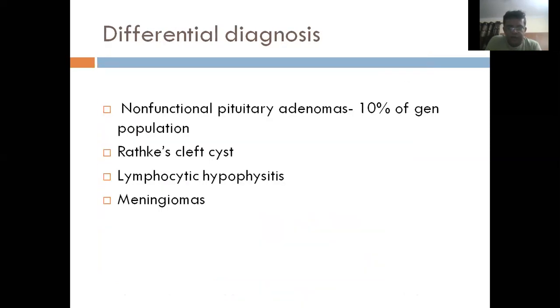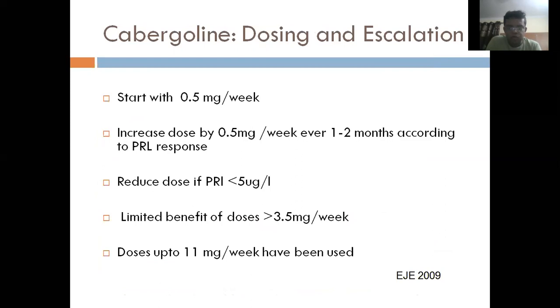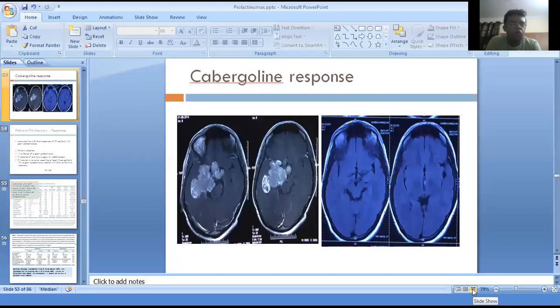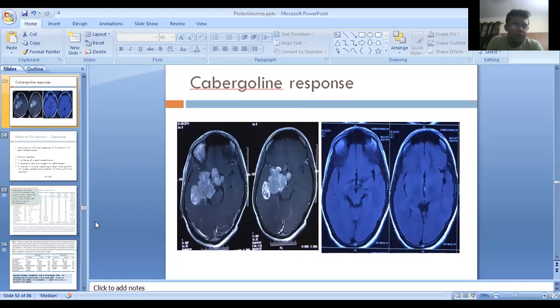So with that, I think we have come to the conclusion of this session. It was an overview of pituitary and a more detailed discussion of prolactinomas. In a subsequent class, we can look at the other remaining pituitary problems such as acromegaly and non-functioning pituitary tumors also. So I will stop here. If there are questions, they can be asked now.